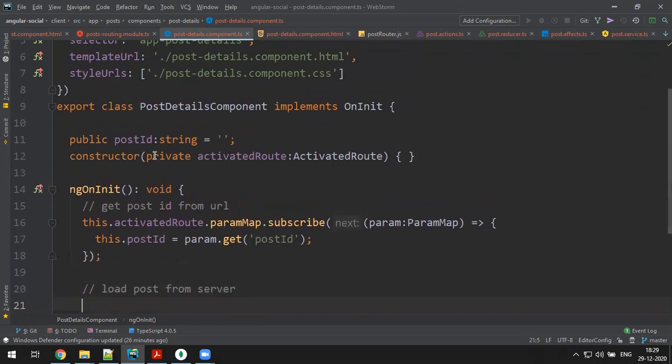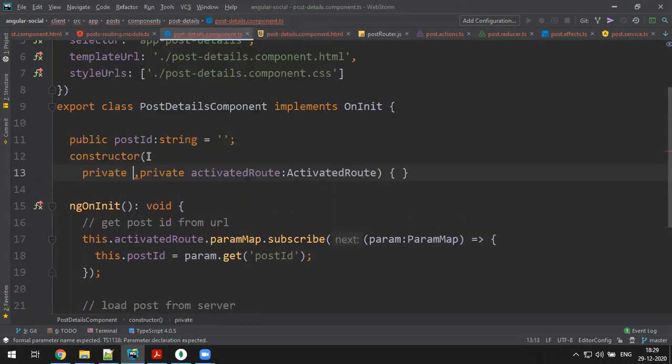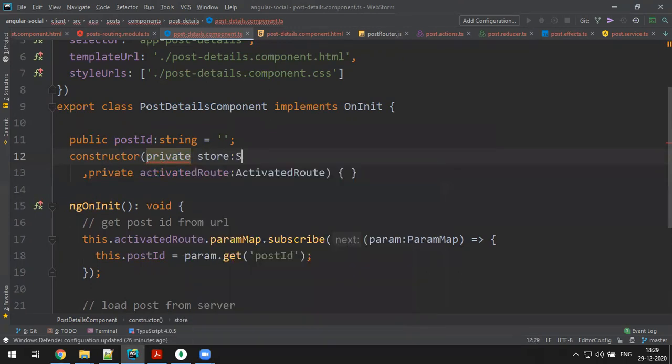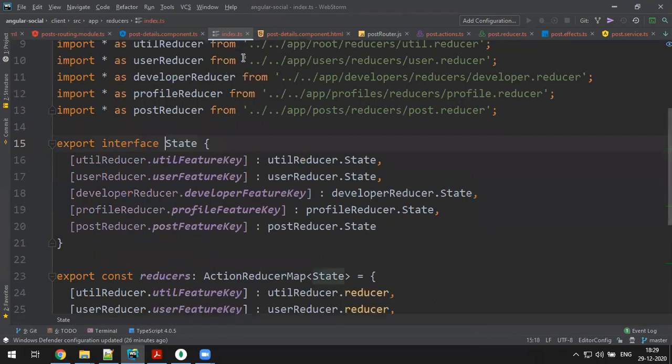For this you need to have a store. We have dispatch. So let's say private store of type capital Store. This is of state, the longest state. Go there. Yeah, this is the one.